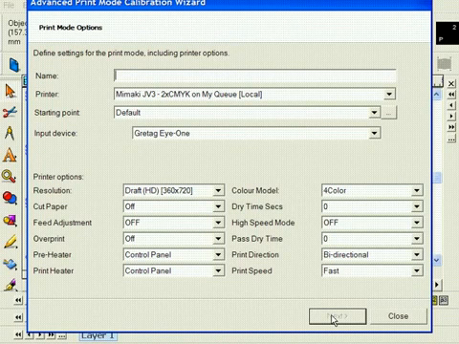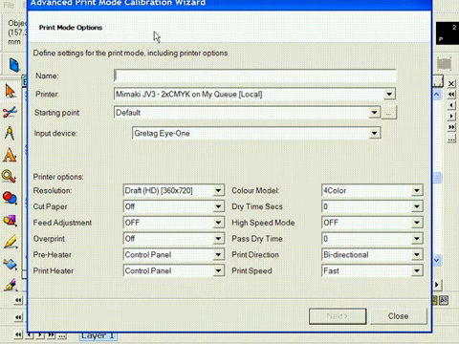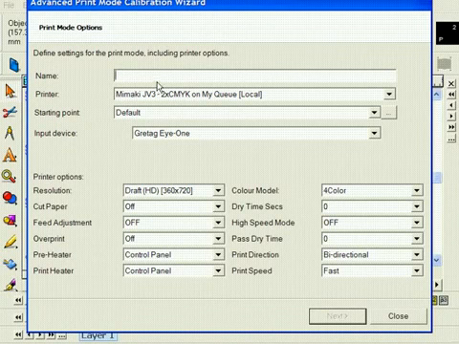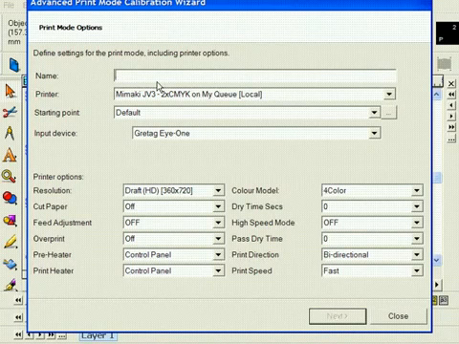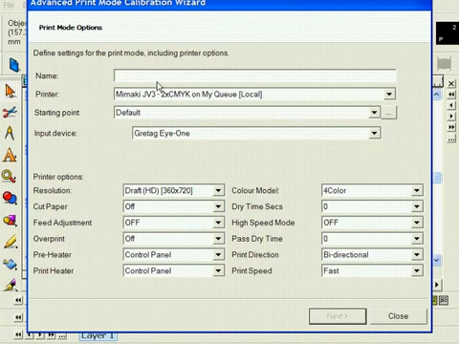The first field to be completed is the name of your new print mode. When naming a new mode, it's ideal to develop a naming convention that allows you to quickly identify the type of media, print resolution, and the other print-specific variables used in the new mode. If you do not have a naming convention already, then it's strongly recommended that you use the current system installed